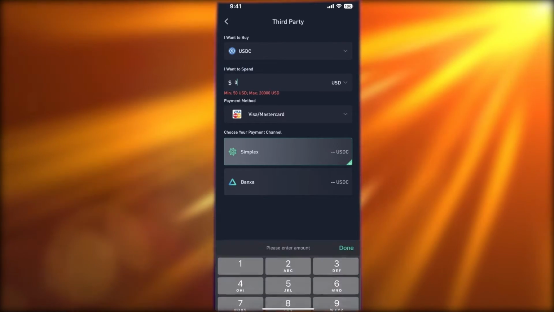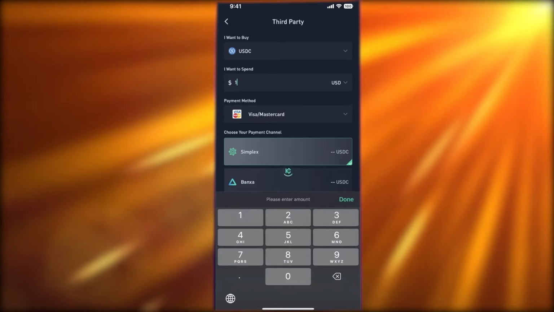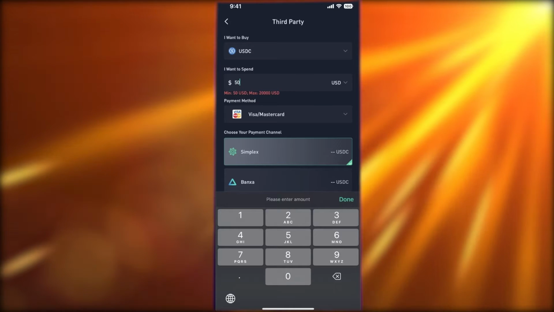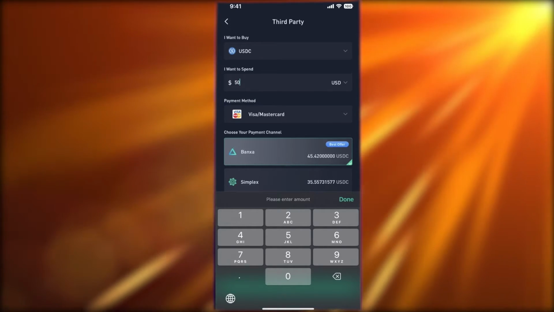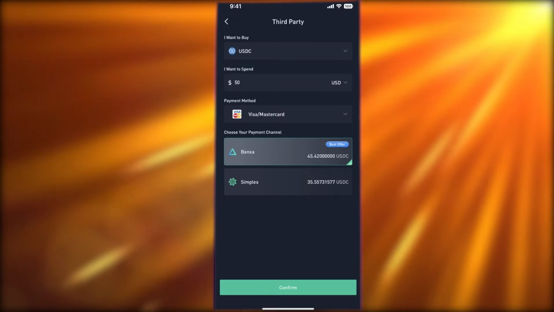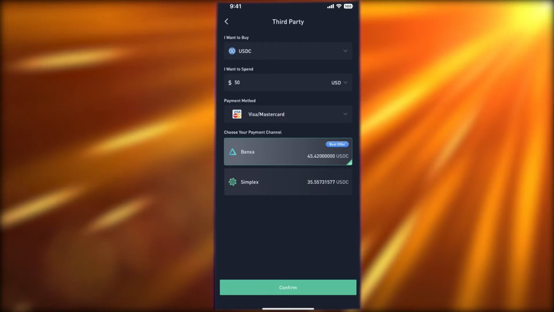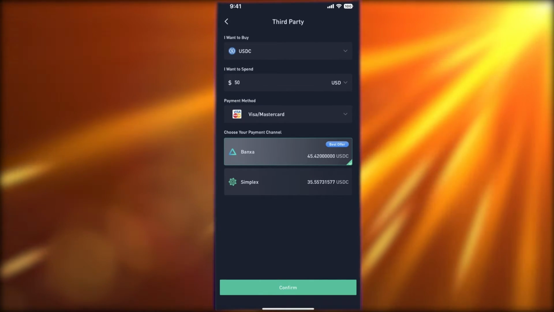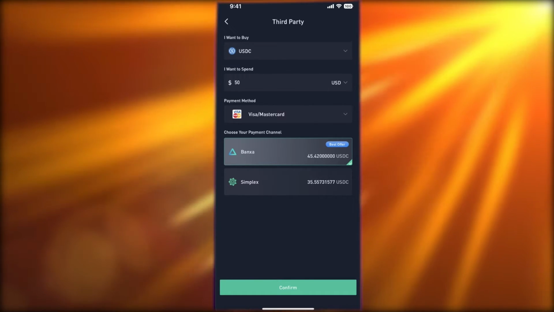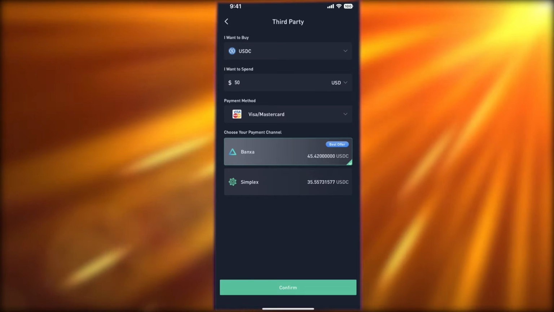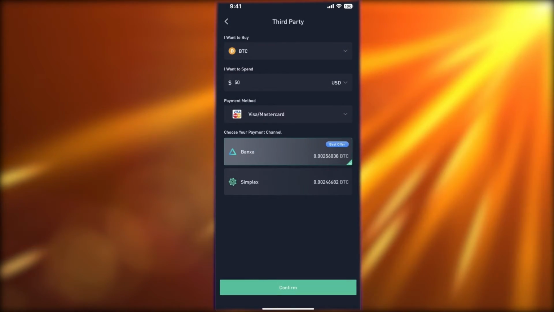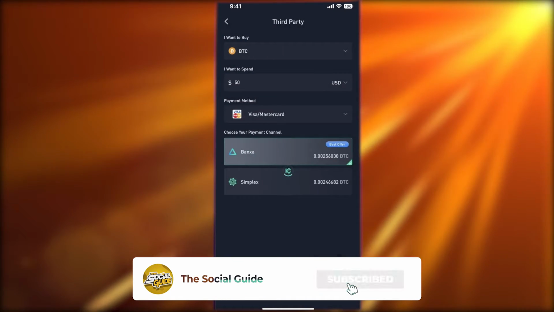So you can simply enter the amount of USD you want to spend. Let's say it's $200 or $50, and then you will simply use your Visa or MasterCard to continue with your payment channel. These are the different conversions that we're getting. So for 50 USD, we are getting 45.42 USDC with the Banxa payment, and with Simplex, it's a little lower. You can choose a different fiat as you wish as well,